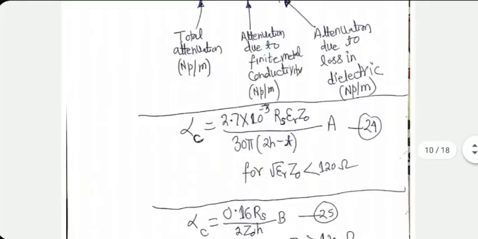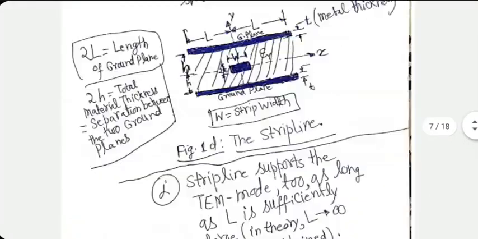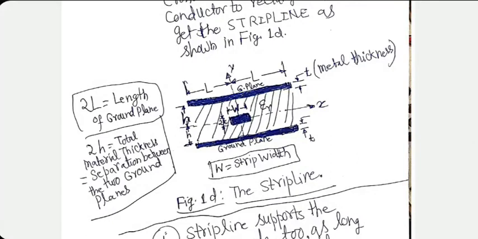Now, one thing you have to notice is that in any transmission line, there are two things that you are expected to do. One is design. That means, like in this particular case, you will be given epsilon r and h, and you will be told to design, let's say, a strip line with 50 ohm characteristic impedance. That means how much W would be required. If you are told h and epsilon r, how much W would be necessary to make the line characteristic impedance equal to, let's say, 50 ohm.